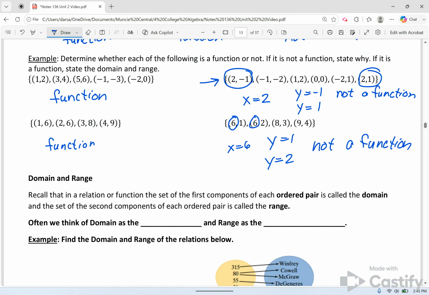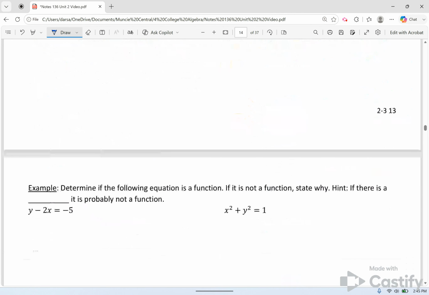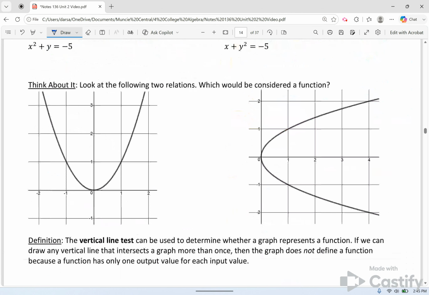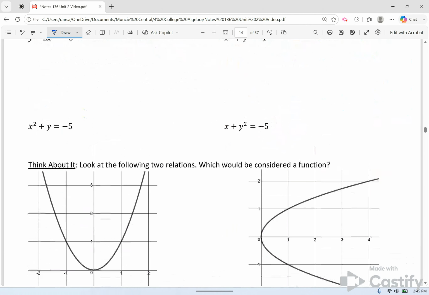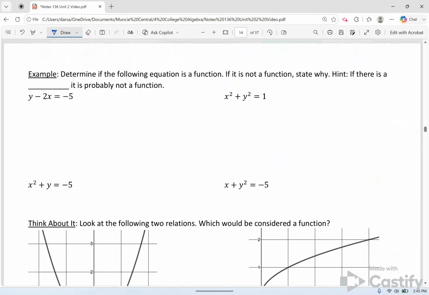All right, we're going to jump to the next page for just a second. We'll come back to domain and range. We also need to be able to determine from an equation whether something is a function. And here's kind of the big hint. So if you remember from Unit 1,